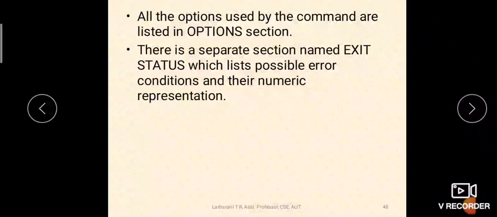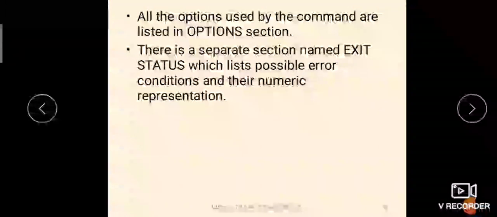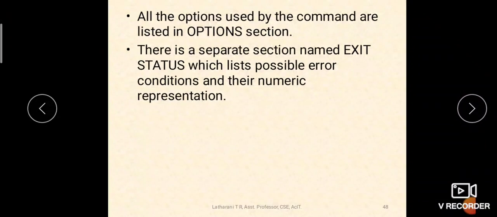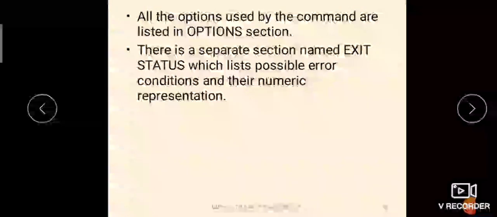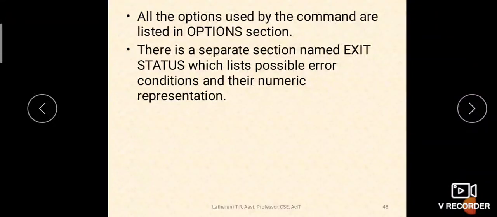Exit status means if you place dollar question mark at the dollar prompt, it will show whether the previous command was successfully executed or not, by giving an integer number. If the exit status of any command is 0, then it is successfully executed. If it is not 0, then each number represents a different type of error.